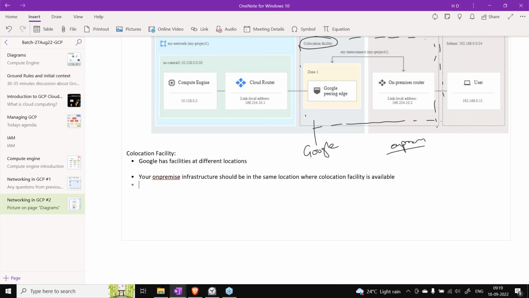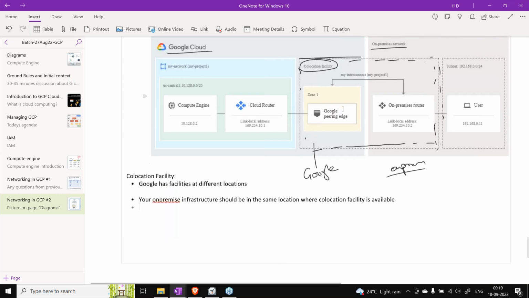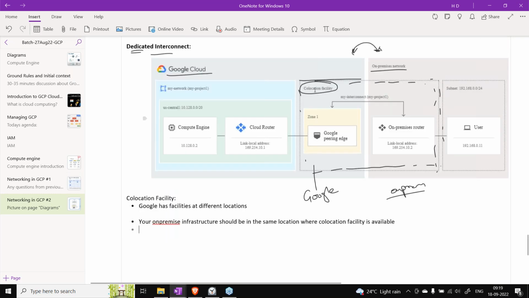What does this mean? Google already has a list of co-location facilities. If your on-premise infrastructure is also in the same city, then you can use dedicated interconnect.